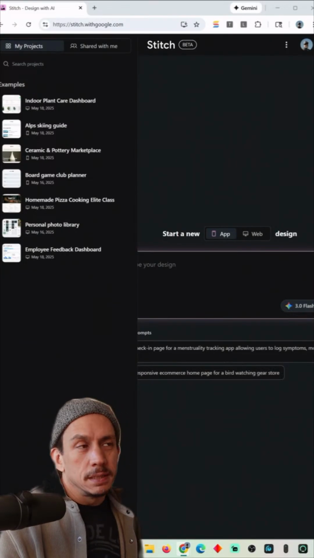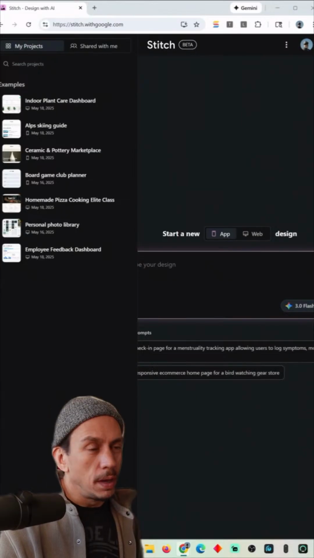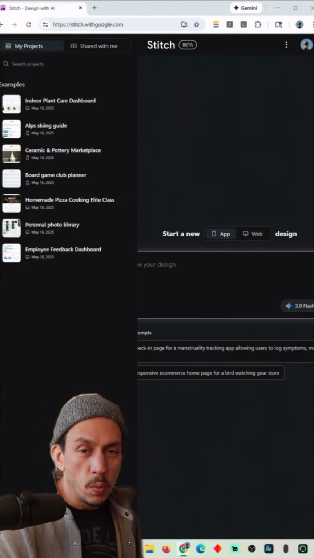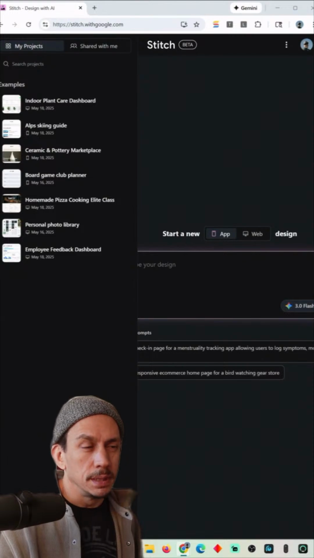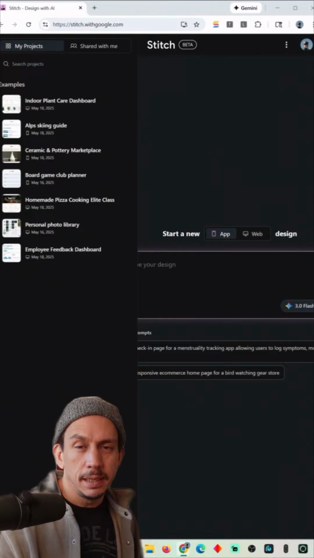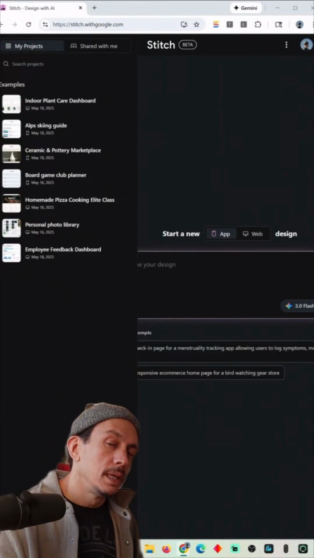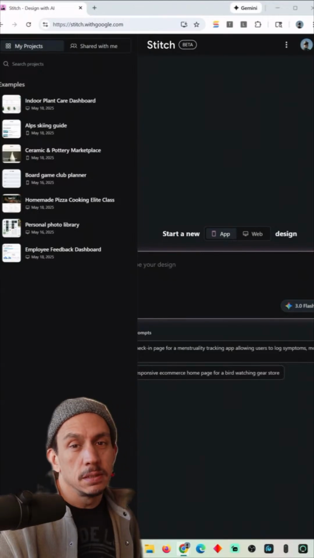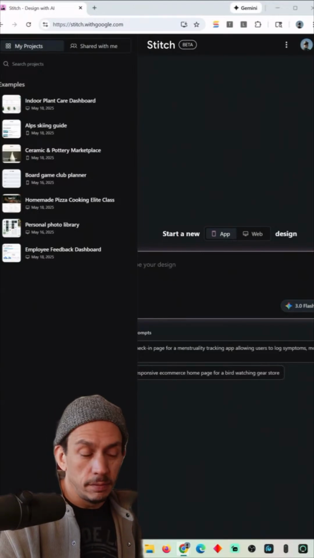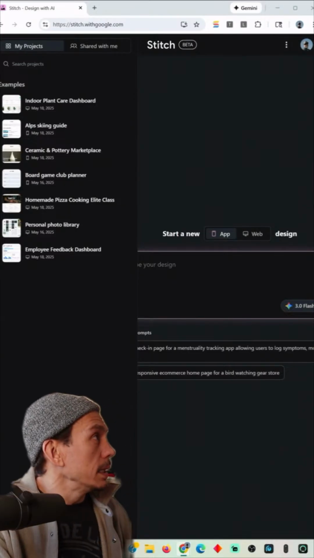Then I moved on to Cursor. I moved away from Lovable and Bolt because I was trying to do some things that were a little more complicated, a little more advanced, and I felt it was time to make the jump. So I switched to Cursor, and most recently switched to Antigravity, which leads us to where we're at today